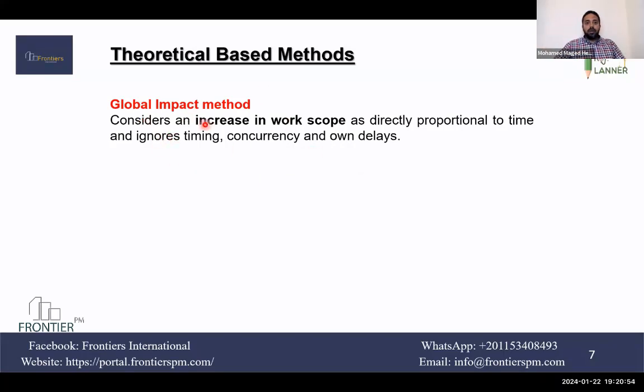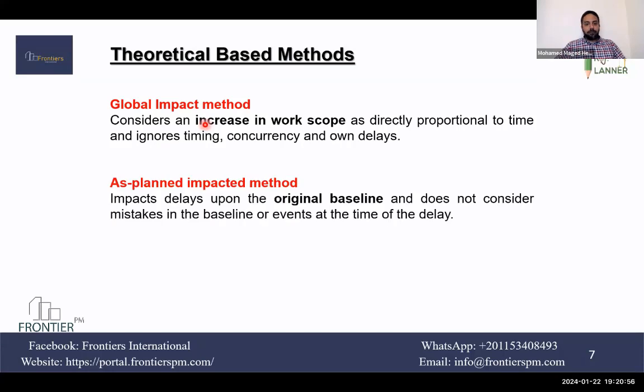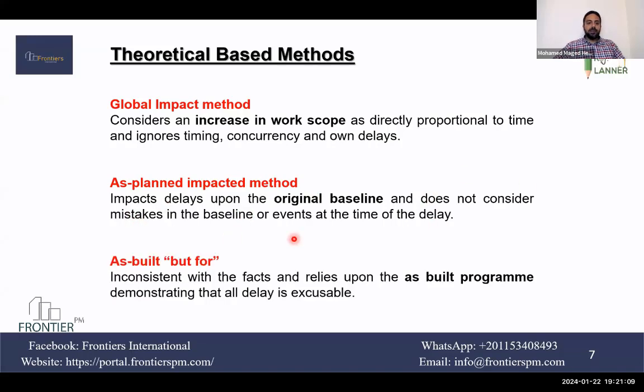It's called here the global impact method. Then the as planned impacted method, which analyzes the delay based on the original baseline without consideration of any mistakes in the baseline. As built, or collapsed as built, relies on the as built program to demonstrate and analyze the delay events.